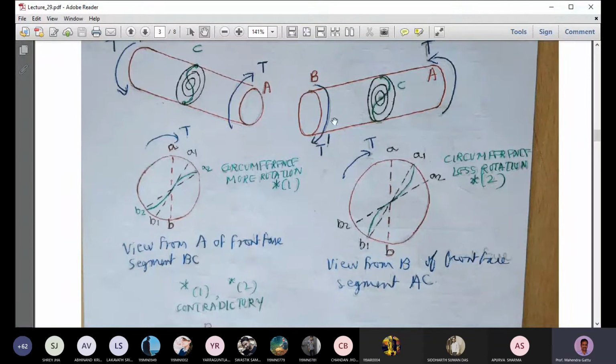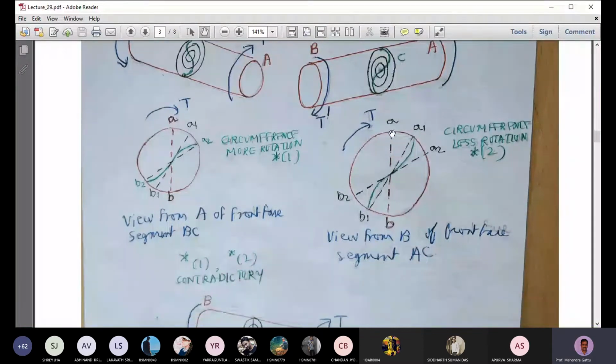Now, the same figure we are looking at from this side, from the B perspective, and we'll again look into the S-shaped curve. The S-shaped curve which is shown here will look like this, and we have the same circle and our initial diameter AB. Then we draw two lines A1, B1, A2, B2, the two diameters, and the S-shaped curve starts from A1, goes and reaches the center at A2, and similarly from A2 it goes and reaches the center at B1. So here what will happen?